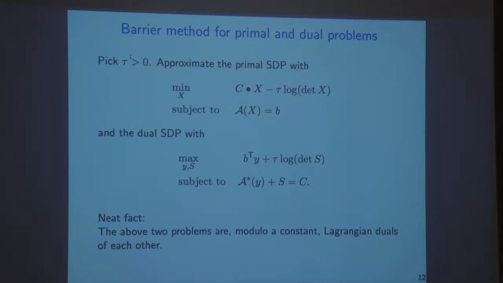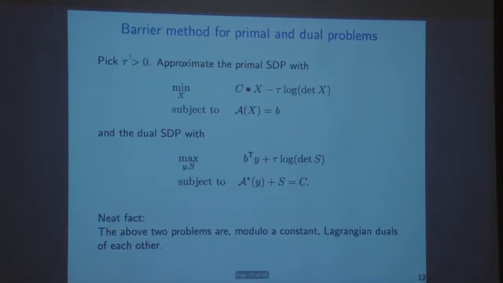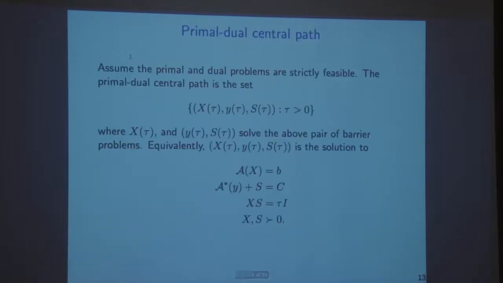And very much like we did for linear programming, the optimality conditions for both the primal and dual barrier problems are these conditions. So there is one small thing that I want to mention here because this is interesting